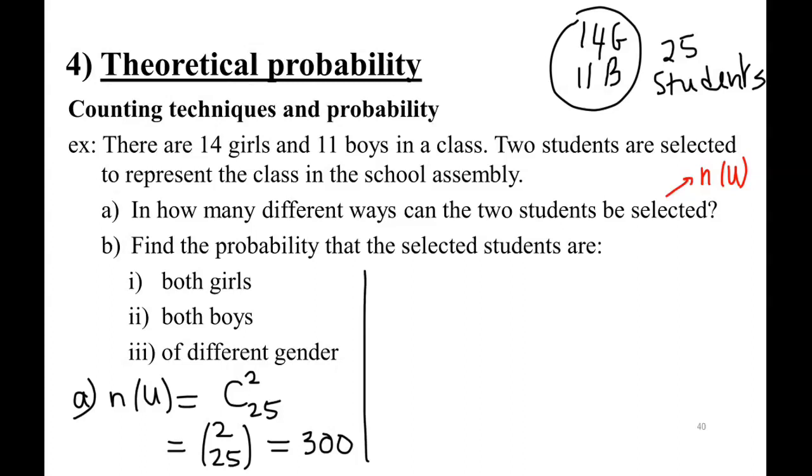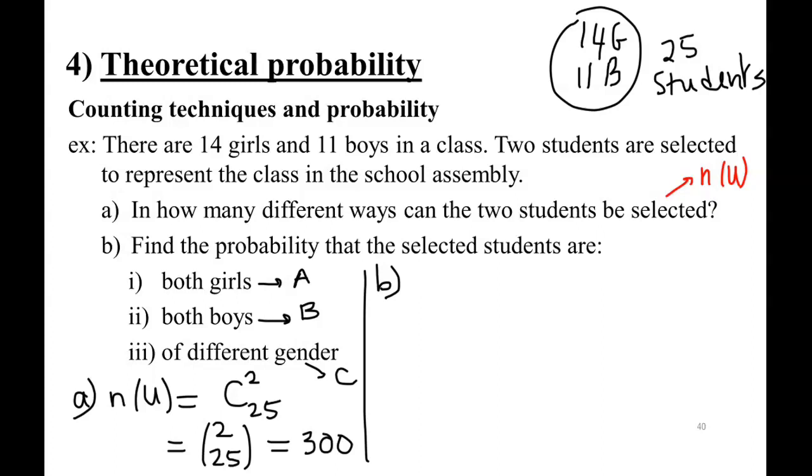So basically, if we call this event A, this event B, and this event C, we already have the total number of possible outcomes from part A. So in order to find the probabilities of A, B, and C, all I need to do is find the total possible outcomes for events A, B, and C. So now in part B here,